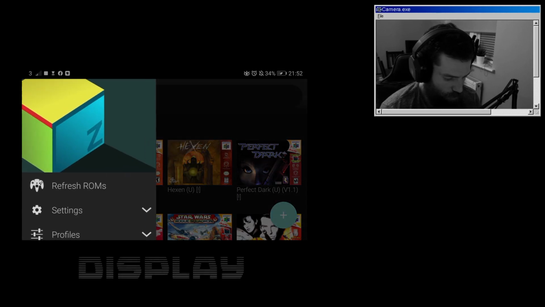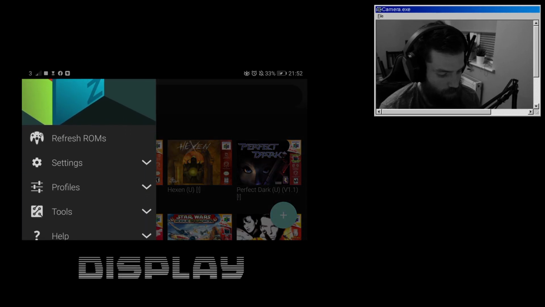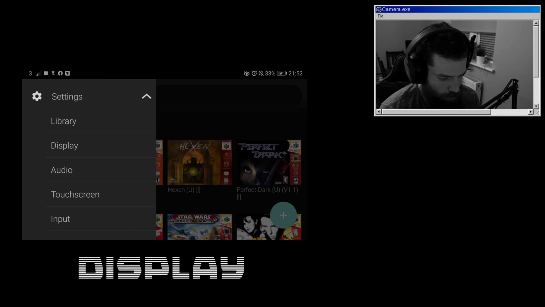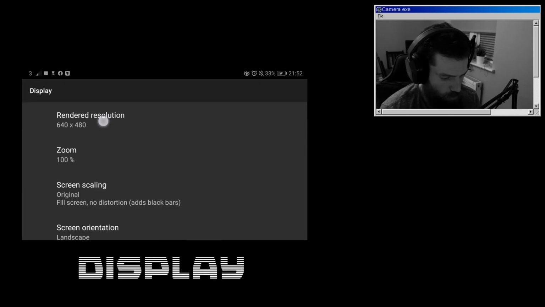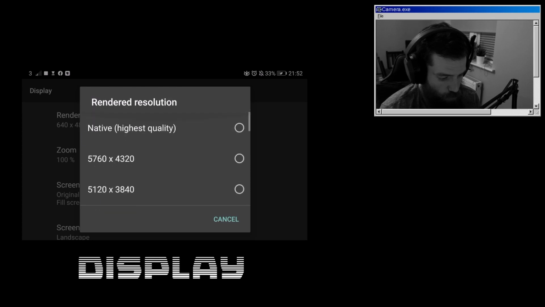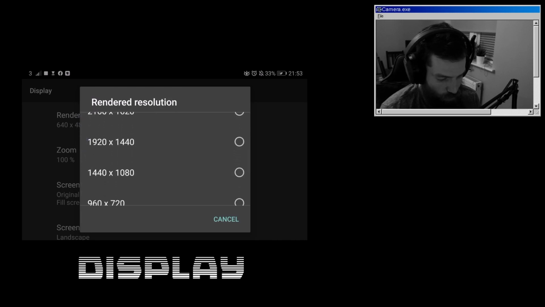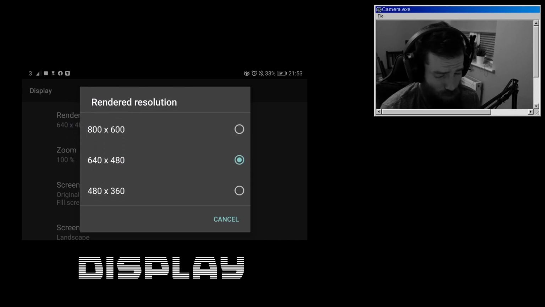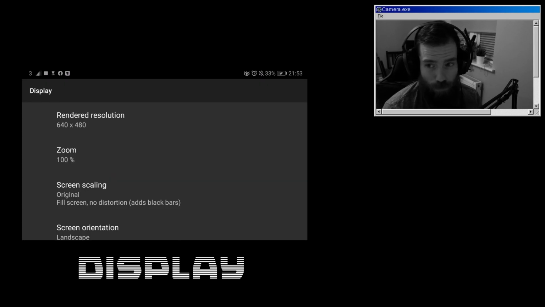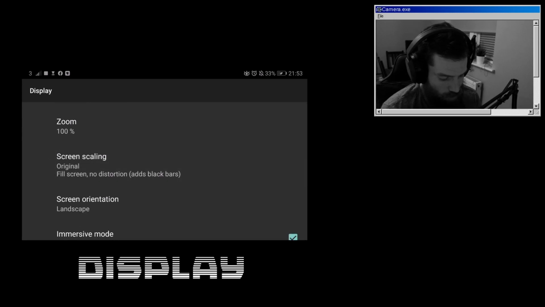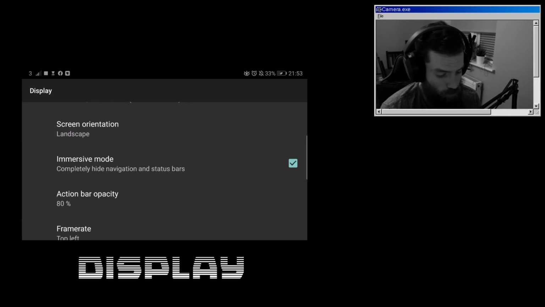So we're going to get to the nitty gritty, the settings that everyone wants to know about. So firstly, what we're going to go on is display. Now render resolution. So this is absolutely crazy what it goes up to, native highest quality, and if we scroll down it just has pretty much every resolution you want. I stick with the 1640 by 1480 because that's what looks good on my phone. It looks the best on my phone. I don't really want to change it, I just keep it at that. If you do want to change it, that's totally fine to get crisper graphics on the gameplay and phone.